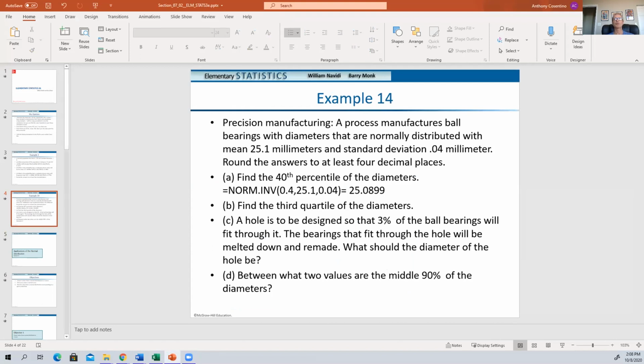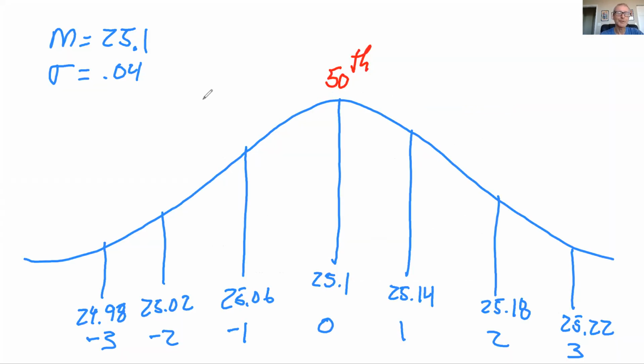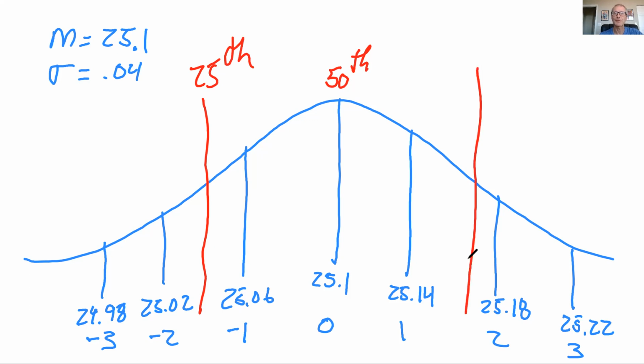Well, remember, we would split this up into 4 quartiles. So quartile 1 would be somewhere around here, and that would be 25%, or the 25th percentile. And the third quartile would be the 75th percentile. So when you do this calculation, what would be the probability we plug in? 0.75. So don't let those words mess you up with regards to what you want to do in the calculation. So going back to the spreadsheet,